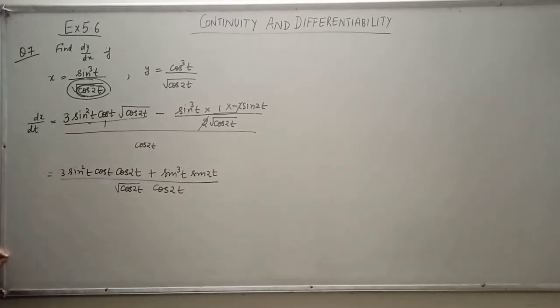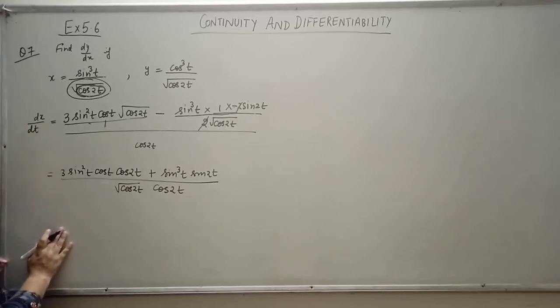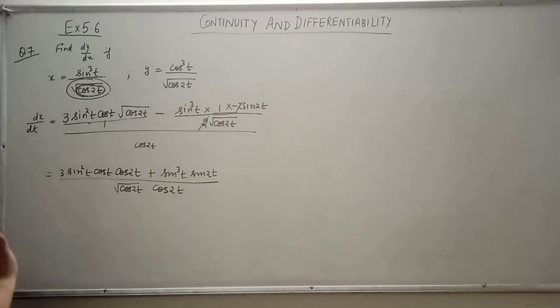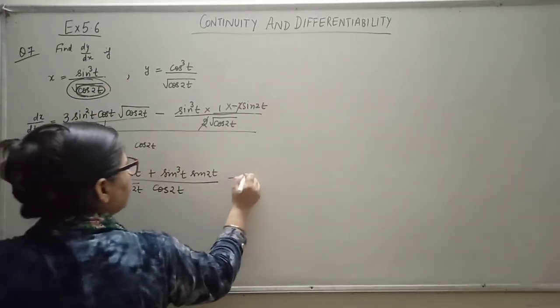Okay, so now after this I am going to apply one identity, but which identity is to be applied and how, you see, the whole question depends on that. So now I let it be as it is, first of all. Now after this I am going to open your dy by dt here. dy by dt is this. Name it 1.